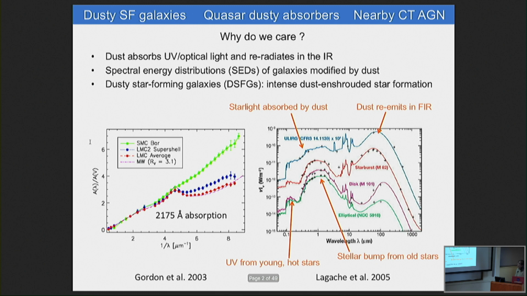First of all, why do we care about dust-obscured systems? We all know that dust absorbs UV optical light in a wavelength-dependent way. This plot shows the dust extinction curves in our Milky Way, LMC, SMC. The most prominent feature in our Milky Way extinction curve is this broad absorption bump centered around rest frame 2175 angstrom. The bump strength decreases from the Milky Way to the LMC to SMC, suggesting that there must be certain criteria for the bump carriers to exist.